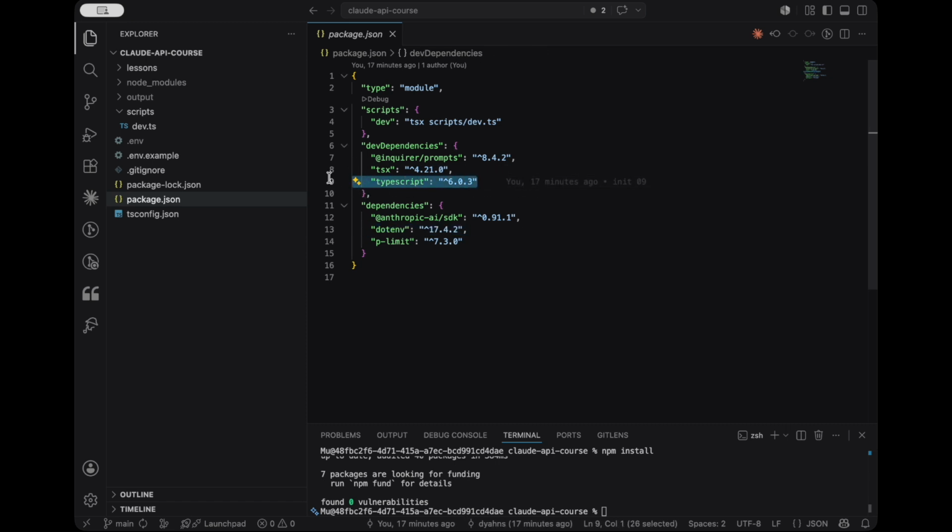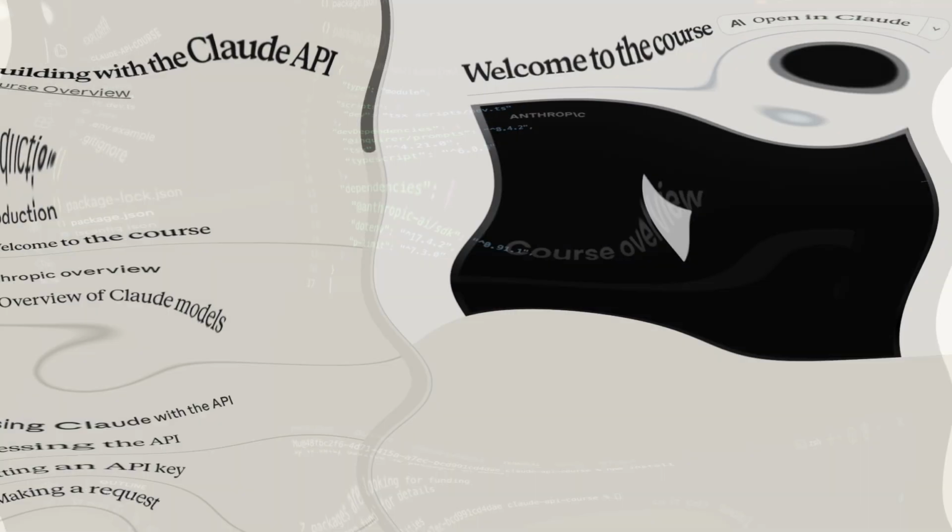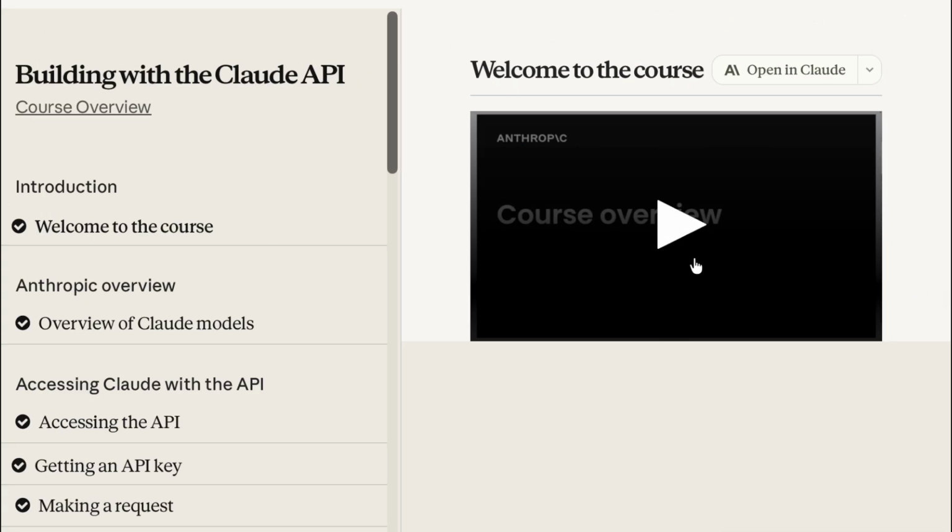The TypeScript compiler itself, used for type checking. TSX lets you run TypeScript files directly, without a separate compilation step. You might know, normally you'd have to compile your TypeScript code to JavaScript before you can run it. TSX skips that step. The conversion happens on the fly, and for exploring an API, this is exactly what you want. With this, we have our Node.js project ready, but we are not done yet.